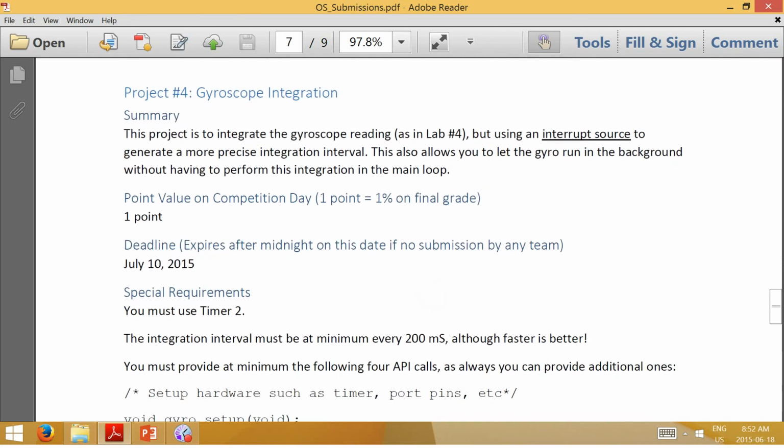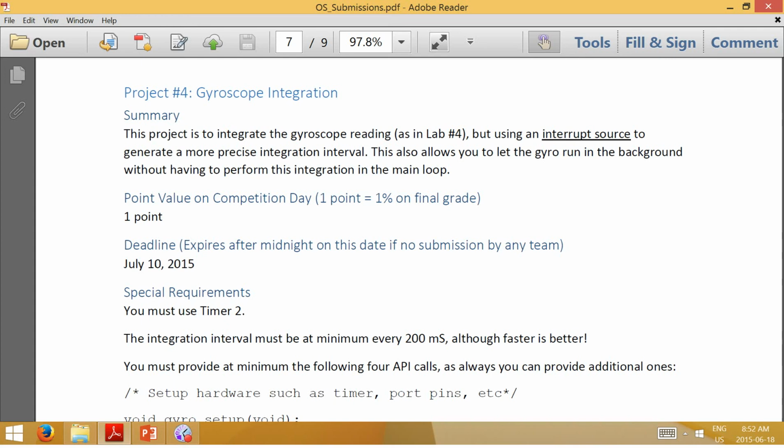Gyroscope integration. In the lab, you saw that little while loop that just added up, did the gyroscope integration. The while loop wasn't always accurate on time, and you couldn't do anything else in the while loop or it would disrupt the timing, causing inaccuracies. Instead, if you set up an interrupt using one of the timers, you can do this integration on a very constant time.